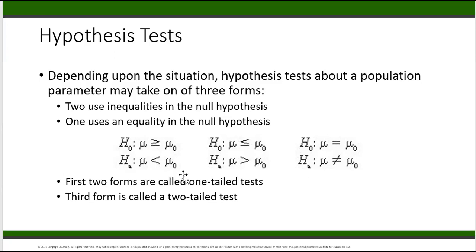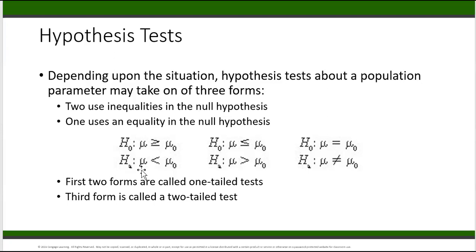test. So we call these two types, and a hypothesis test for a population mean of one sample or one population is one of the 3 forms. So we are basically capturing all the possible cases. The first 2 are called one-tailed tests, and the last one is called the two-tailed test. The reason for that, I'm going to explain when we're dealing with the conclusion part, but the reason